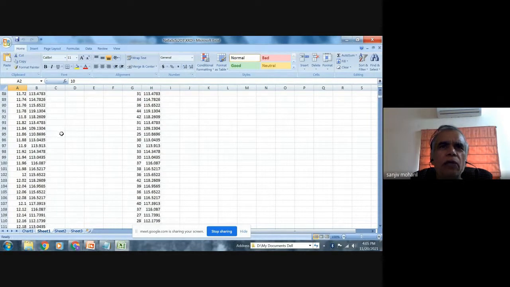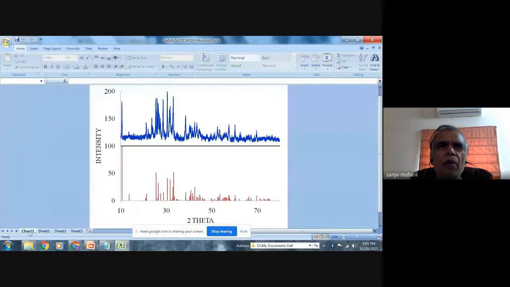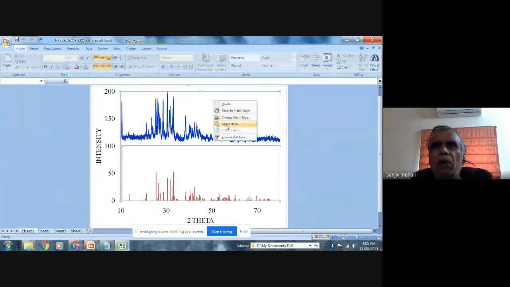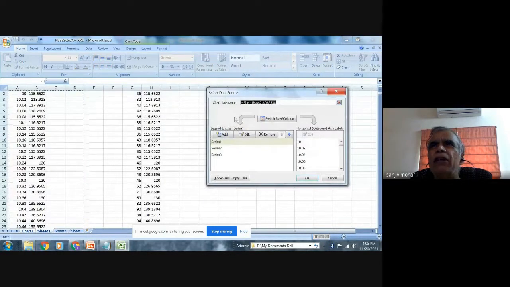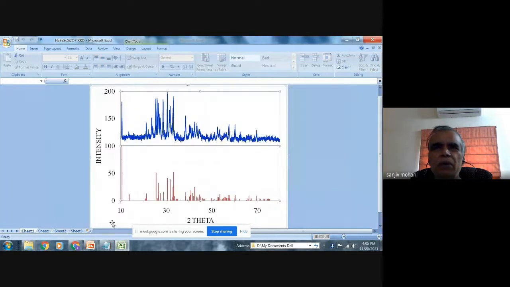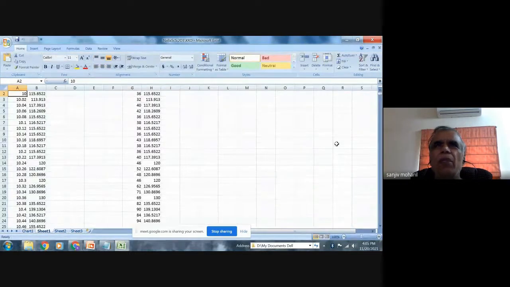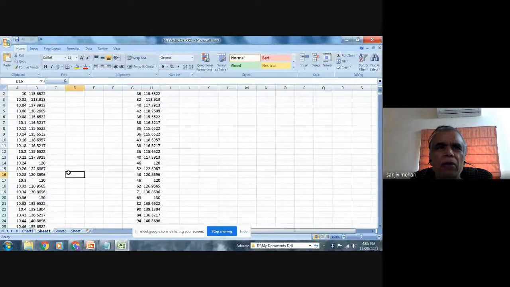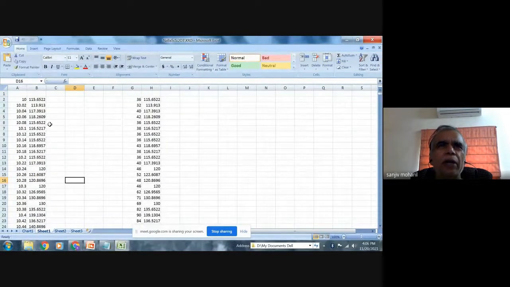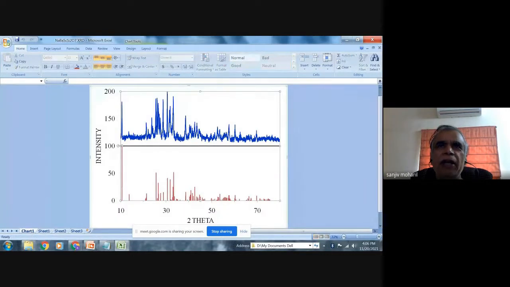What we can do is also normalize this data. Here I wanted to compare this data, so I have chosen the data between 10 to 20.